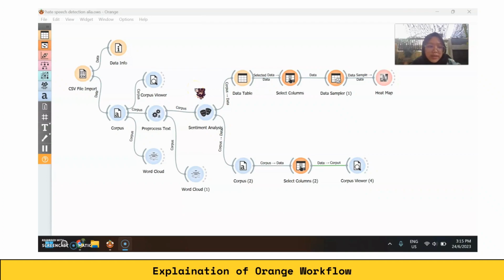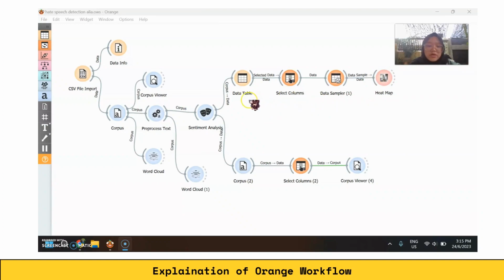YUSRA will explain this section in the next part. Okay, and then after that we divided into two parts. The first part here is where we want to observe the heat map. So before connecting with the heat map, we need to connect